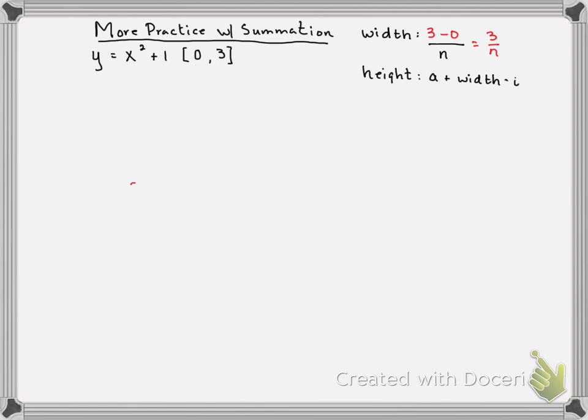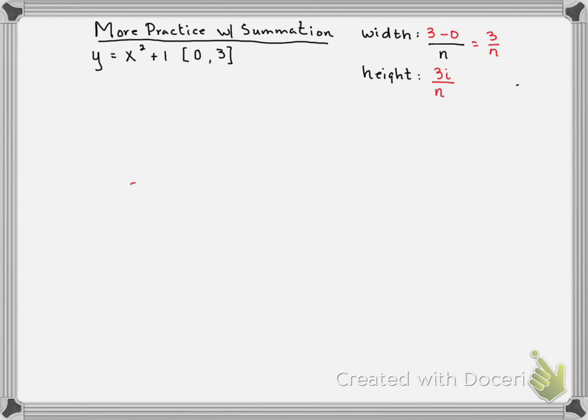So our height is going to be the width of 3 over n, and then we're going to put the i there with the 3. So the height of each rectangle, where it meets the curve, is 3i